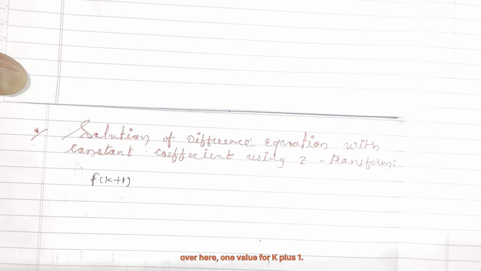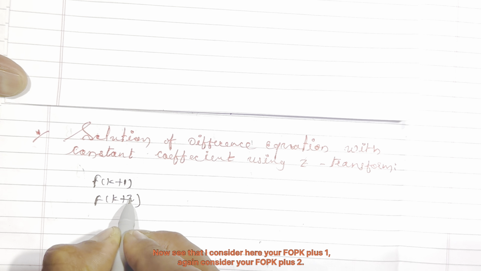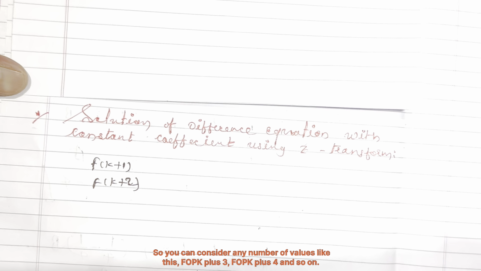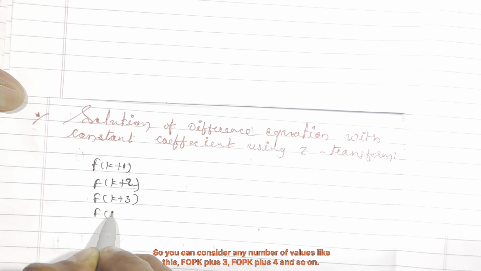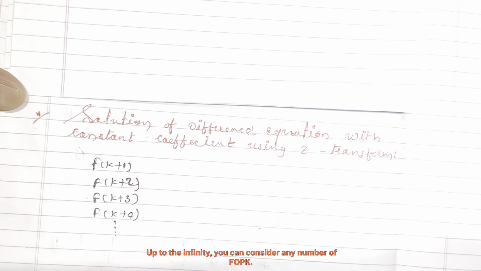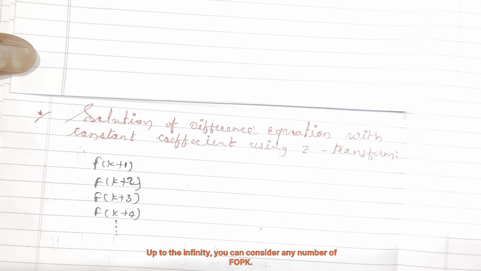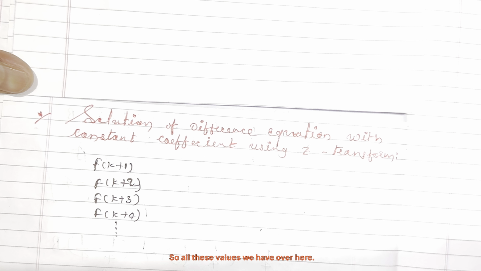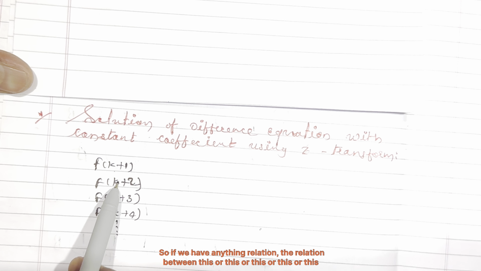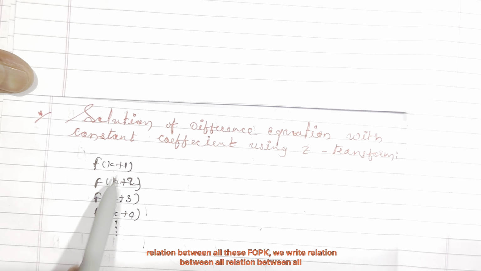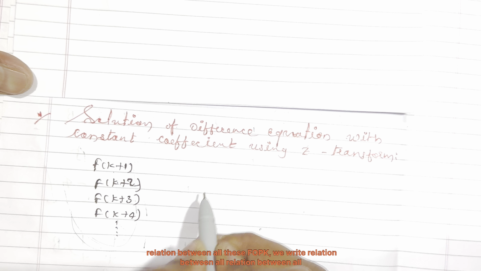Now I consider f of k plus 1, and again f of k plus 2. You can consider any number of values like this: f of k plus 3, f of k plus 4, and so on, up to infinity. All these values we have over here. If we have any relation between these, the relation between all these f of k,